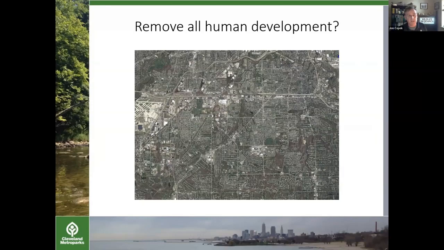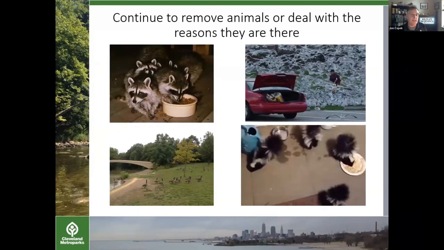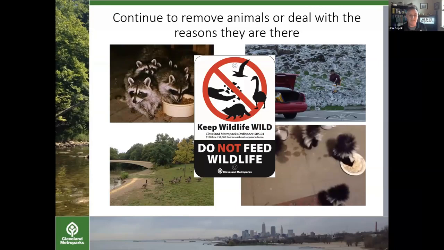However, that being said, I want to make the point that someone can continue to be reactive and trap and remove every animal that learns to overcome its natural wariness of humans and take advantage of the resources we provide. Or we can do our best to consider long-term proactive solutions to deal with the cause of modified wildlife behavior, which in many cases is what people are doing, especially when some of those solutions may be hard to implement, but they're really simple